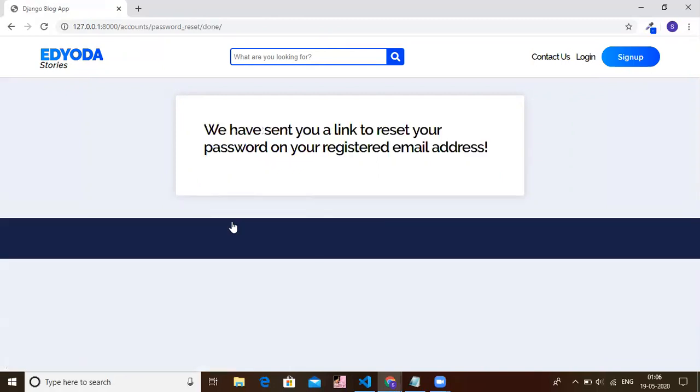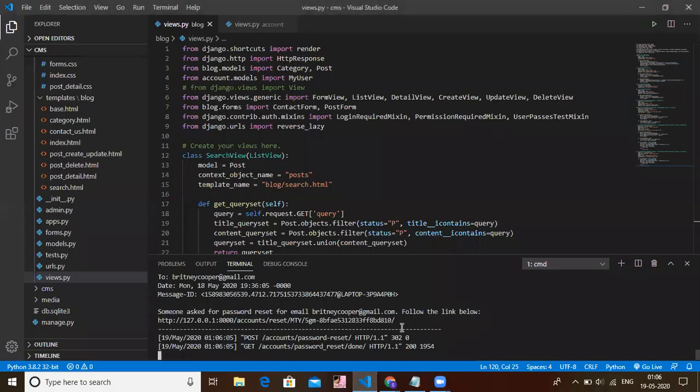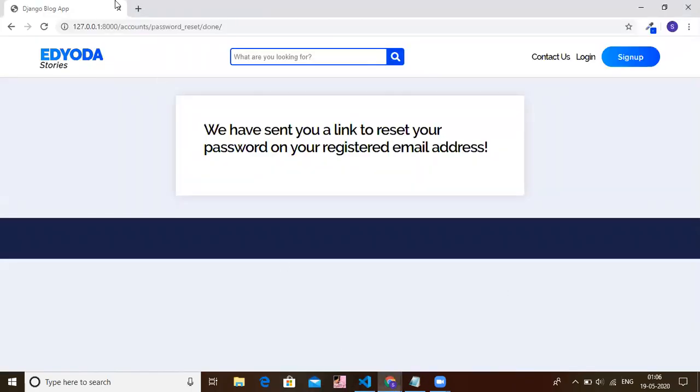Now what happens is a URL will be sent over to their email using which they can now update their password. So for now, I will copy the URL that was sent to their email from my terminal. I'll just copy it over from here and I'll paste it in my browser.